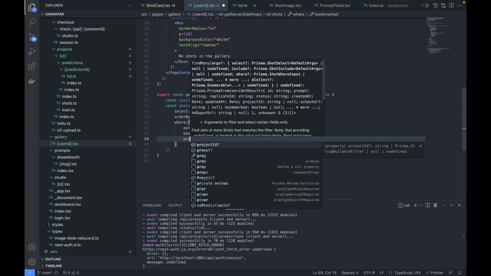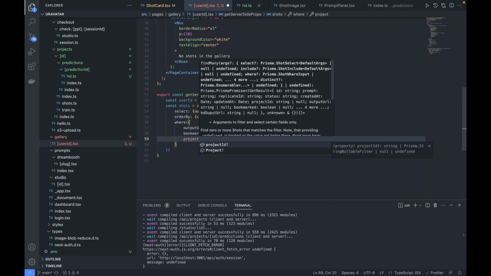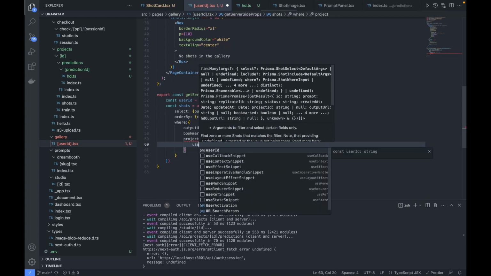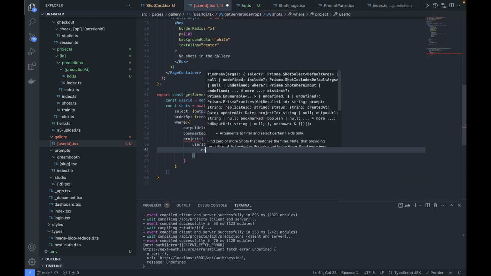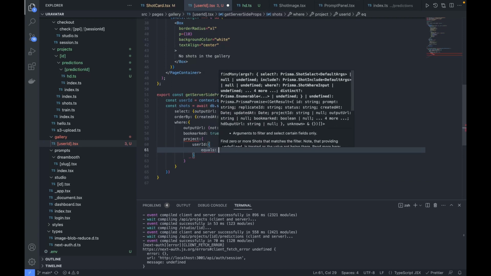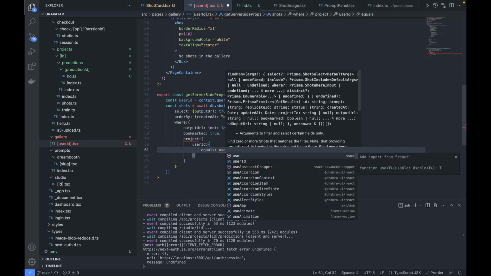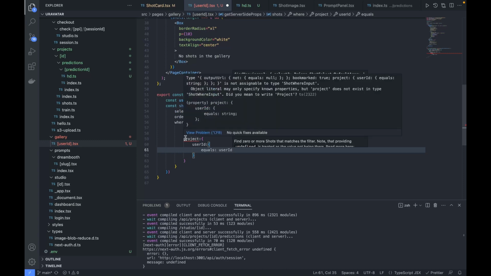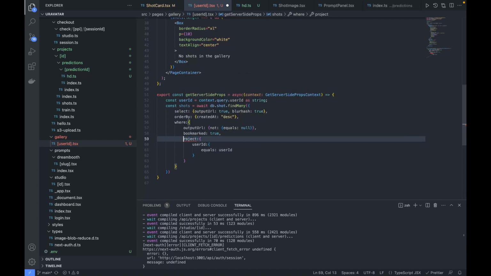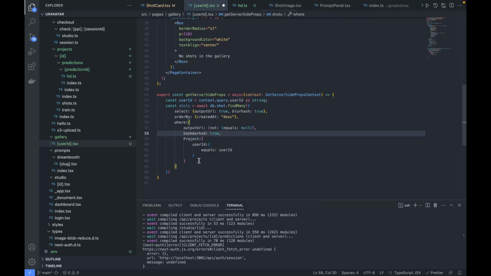and the project user ID should be equal to whatever query param we have received. So equals user ID. This should be the capital P Project, right? Yep. So this is going to fetch the shorts that are needed for us, and let's serialize that